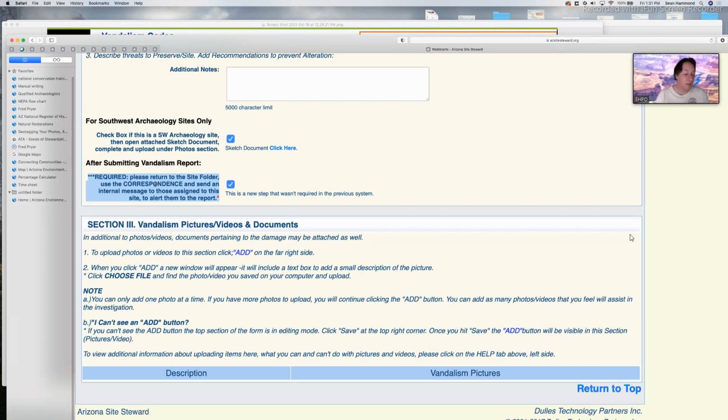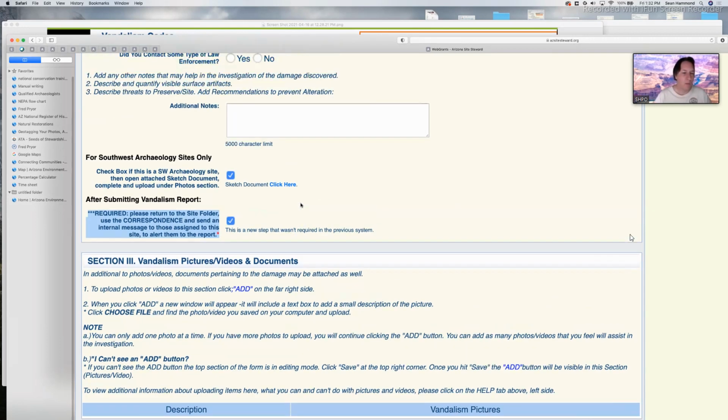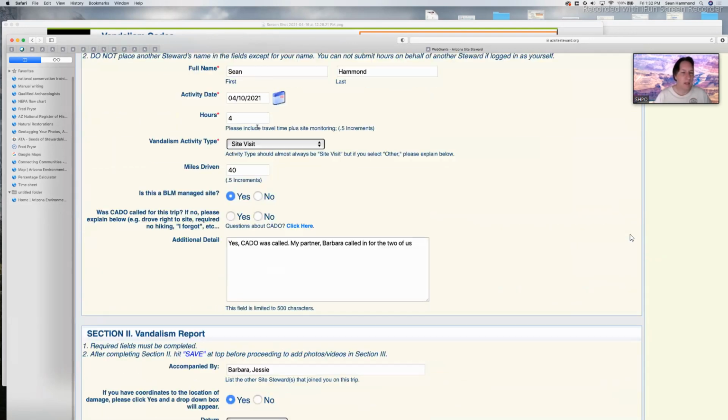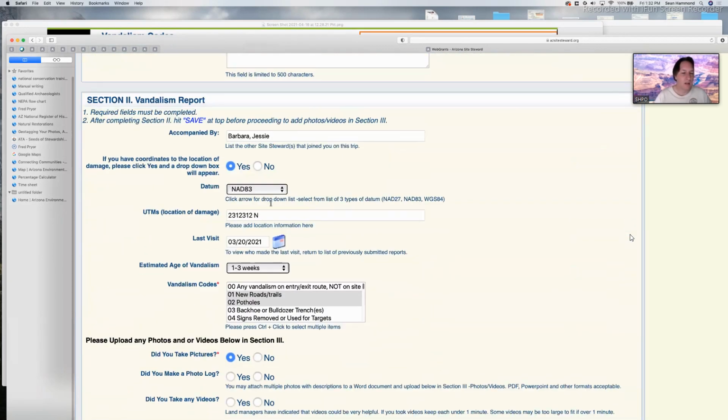But the bonus of that is that you actually get to communicate with your fellow site stewards. In the past, that was not something you could do. You didn't always know who your site stewards were, but in this database, you will know who the site stewards are that monitor a particular site. So, all right, now when we're done entering in information here in section 1 and section 2,